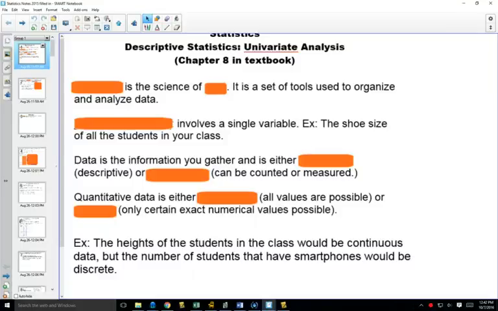So statistics is a science of data. And if you look at univariate analysis, it's got the word uni, which means one, and variate for variable. It just deals with a single variable. So if we're just looking at shoe size,